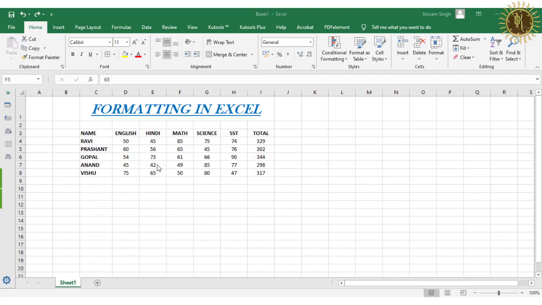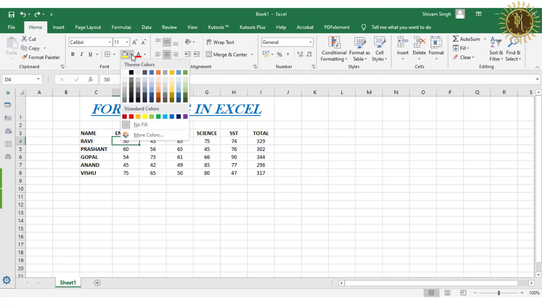Next is background color. So in this you can set the background color of any of the cells. For this you have to select the cell. So to apply any background color, first select the cell and move to the font group and select this fill color option, and when you click on this drop down box, one drop down menu of colors will open, and from here you can change the color.